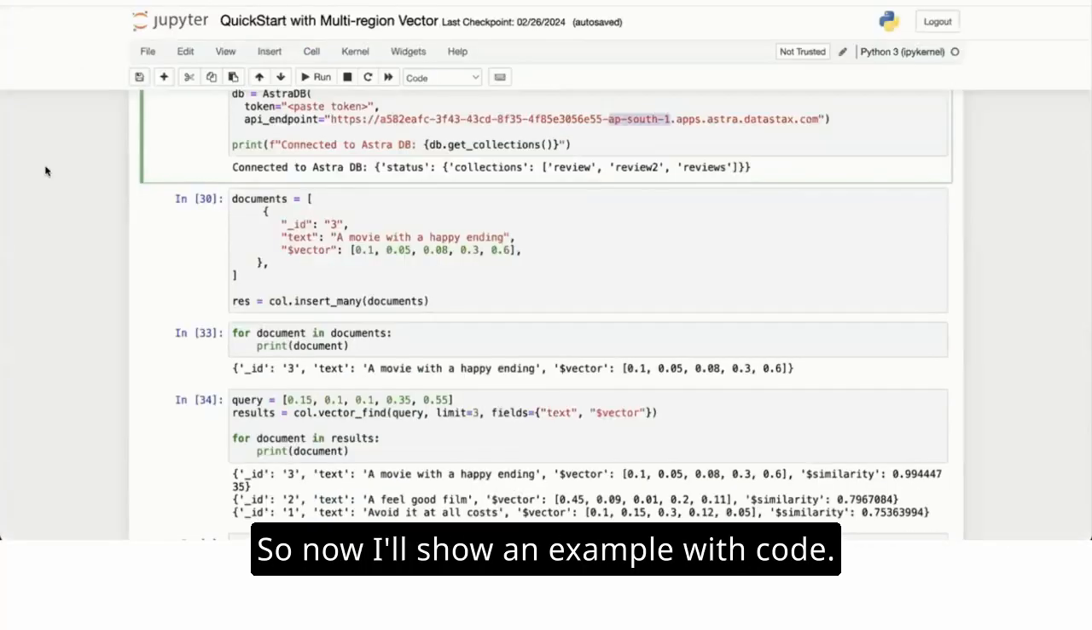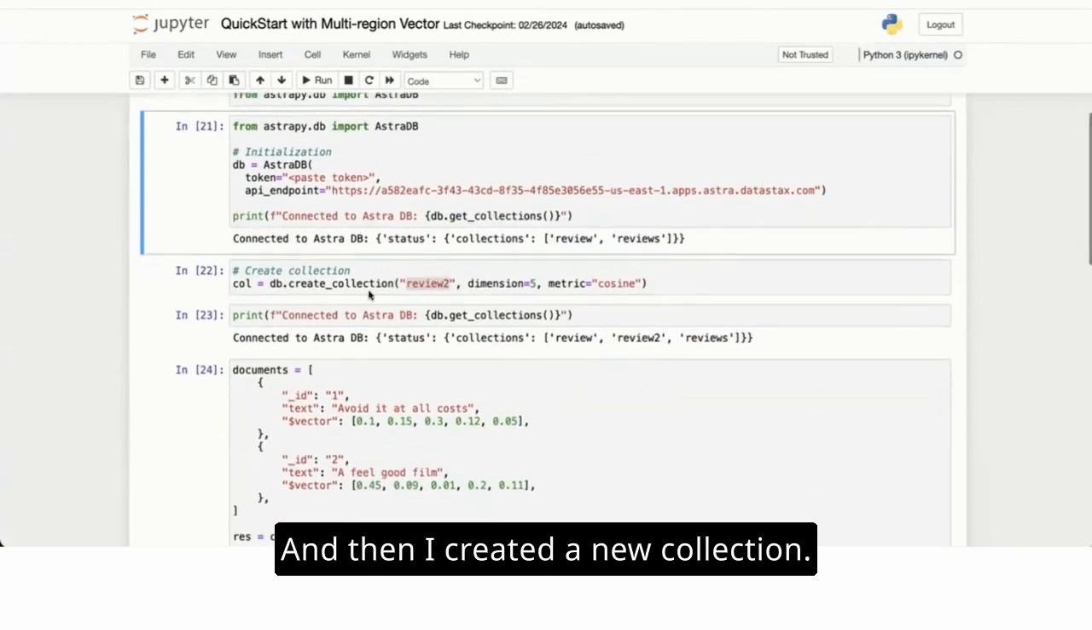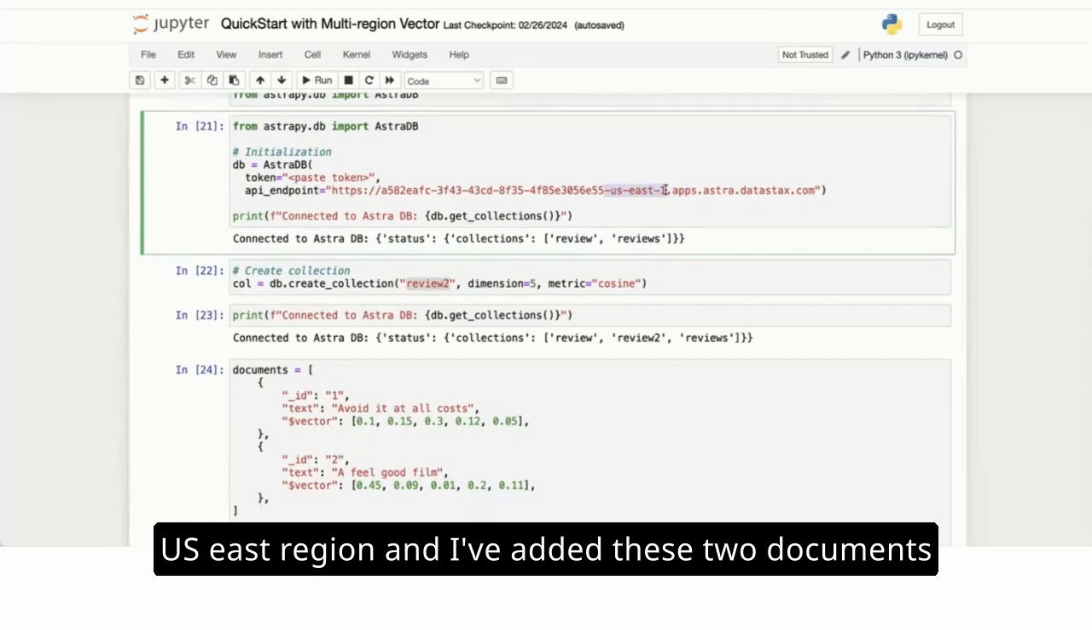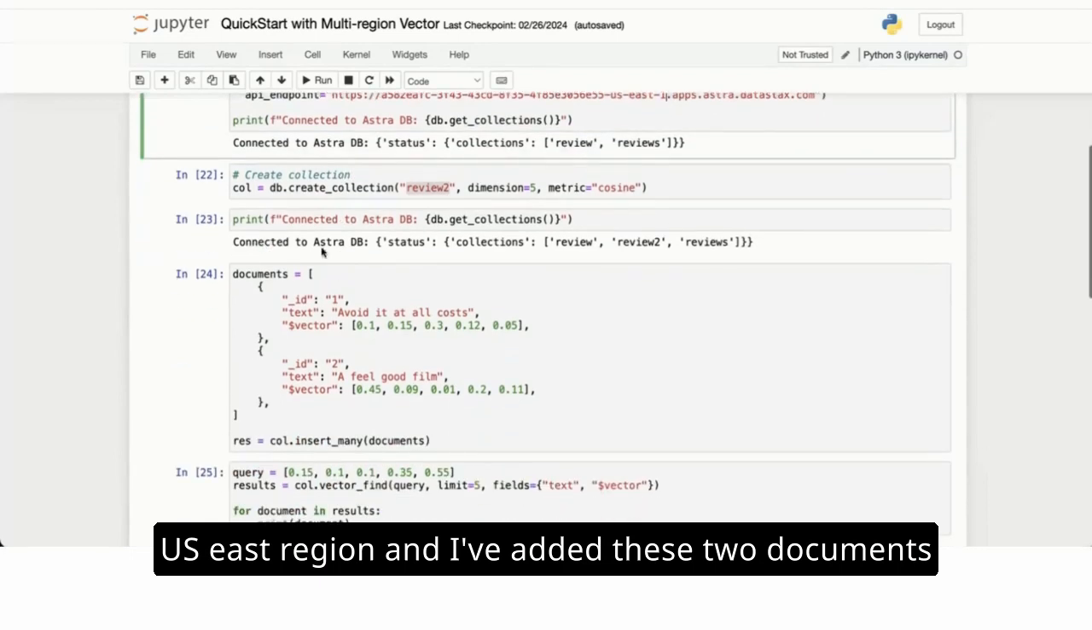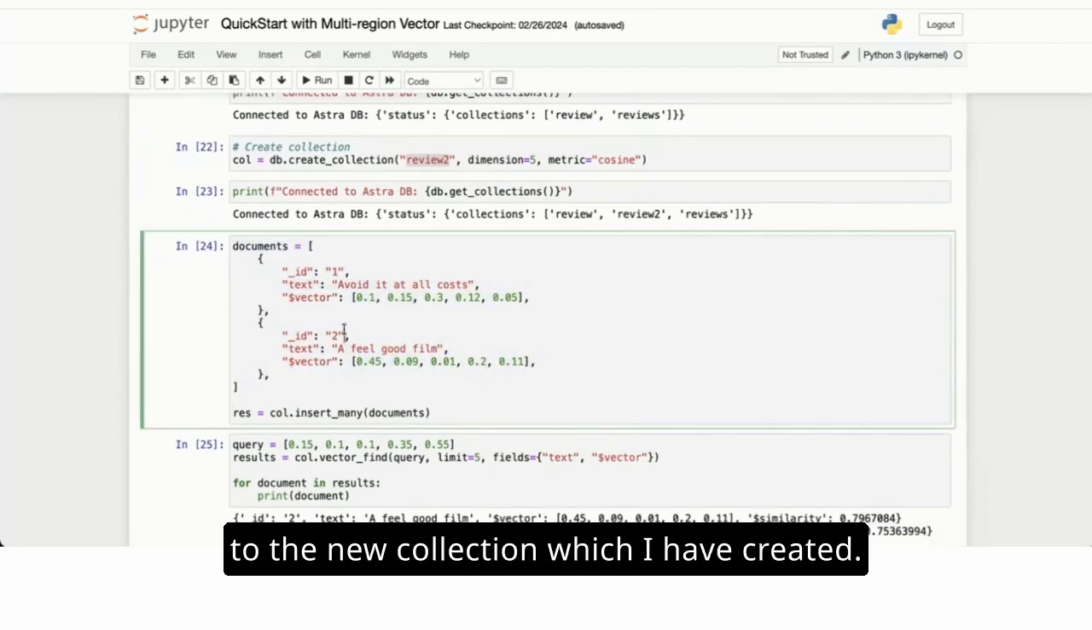So now I'll show an example with code. I am using a movie data set, and then I created a new collection. Do remember that I have connected here with the US East region, and I've added these two documents to the new collection which I have created. These two